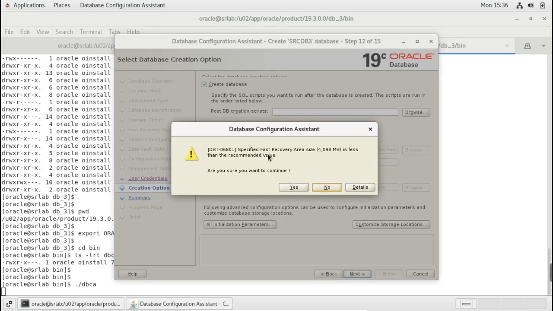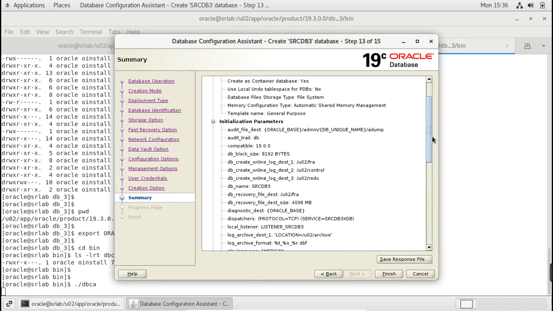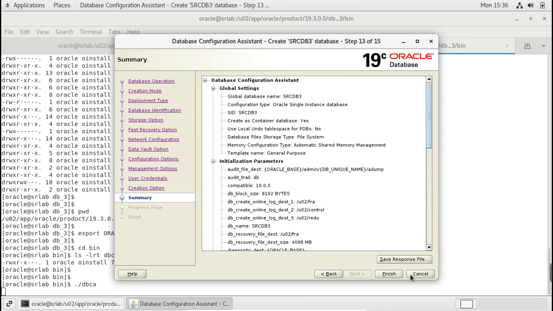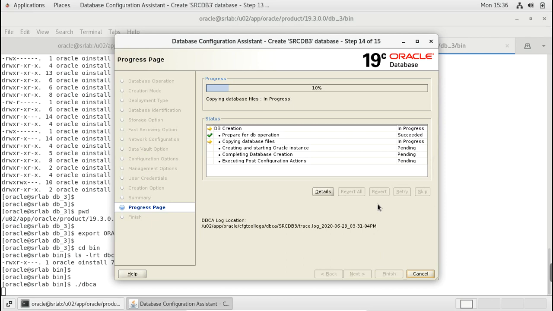It's giving a warning that out of 10 GB we are giving only 4 GB of FRA space. So next, yes. So this came here, all the summary, so finish. What it will do is start the database creation operations.